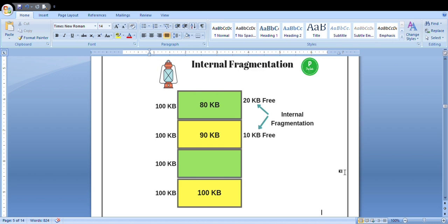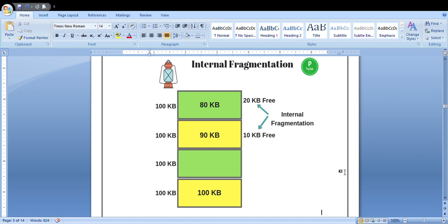Your operating system will always hold the list of holes. Here in the operating system, the holes are the free slots or free space in your memory location. It will always consist of the list of holes present in that particular memory.